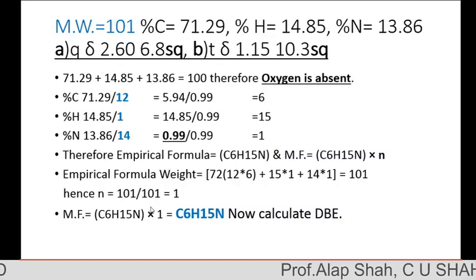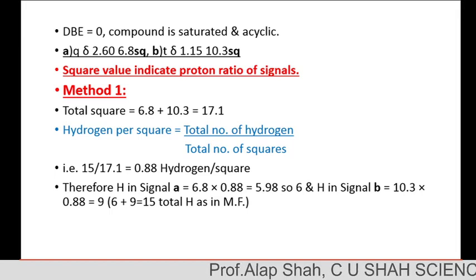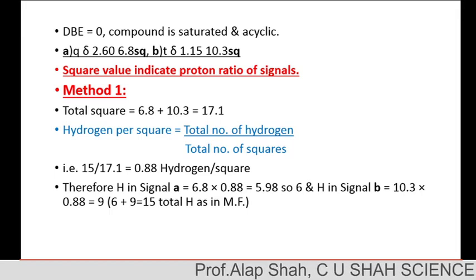So that also matches the molecular formula which we have deduced, and that also contains 15 protons. So it means that the number of protons we have calculated is correct. In another method,